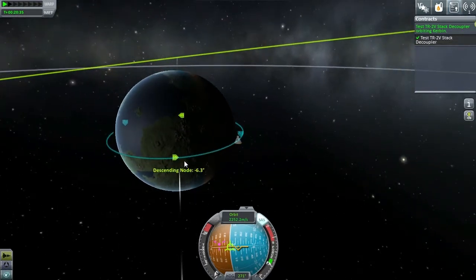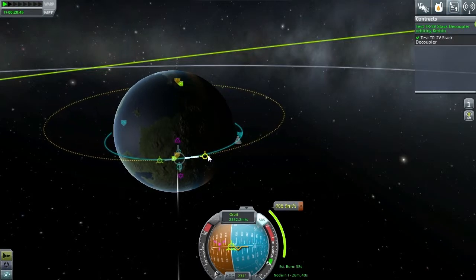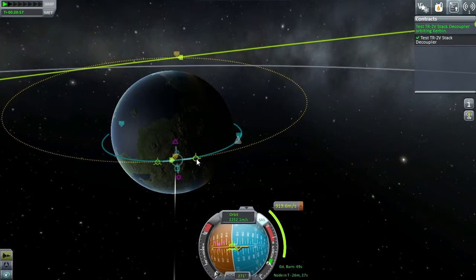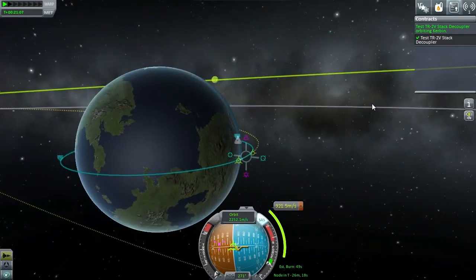just confused things. So let's get on the node, add maneuver, and it's usually about 920 meters per second, 60 more than going to the moon. And we got lucky because it is on the descending node. We can get the encounter directly,